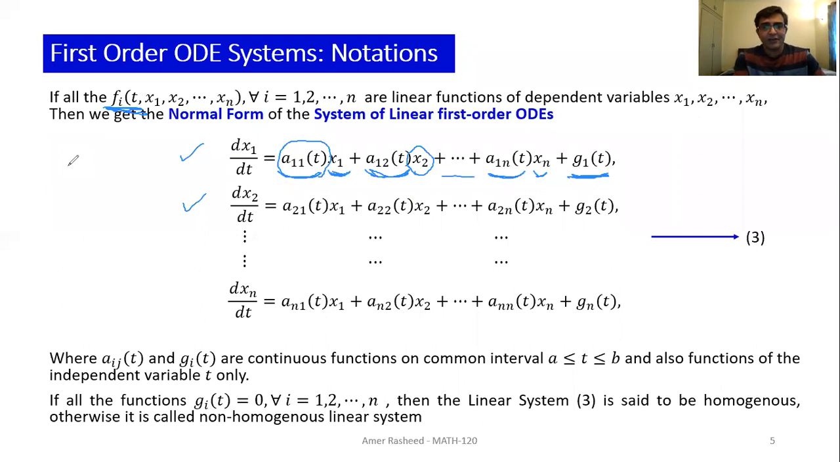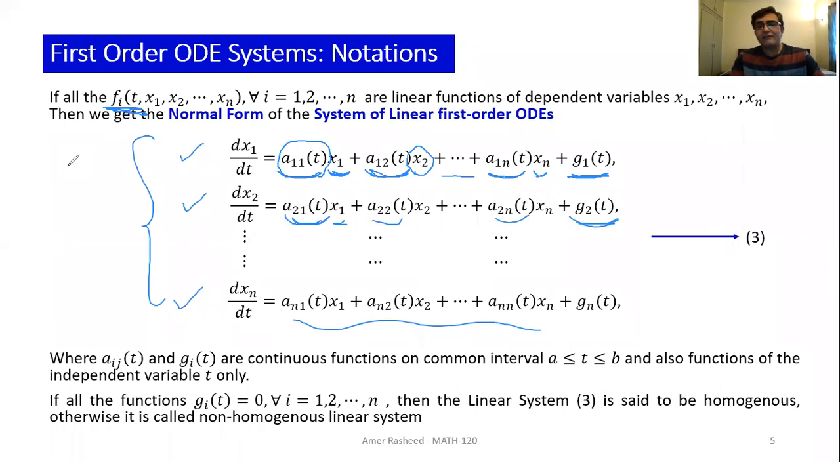So the second differential equation can also be written in this form: a function of the independent variable only, times x1, the dependent variable. Similarly, we can define all these terms, and another function which is independent of the dependent variables. So in general, we can write the nth differential equation in a similar way. So this is basically a system of